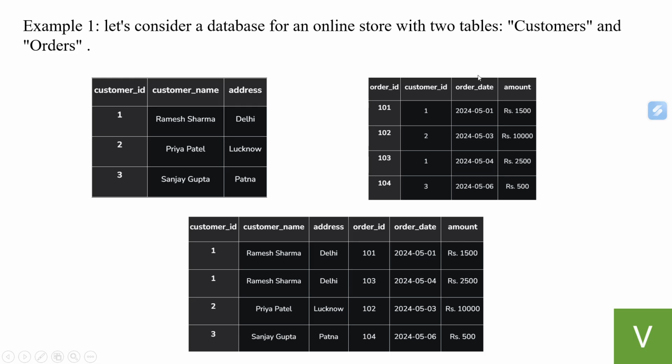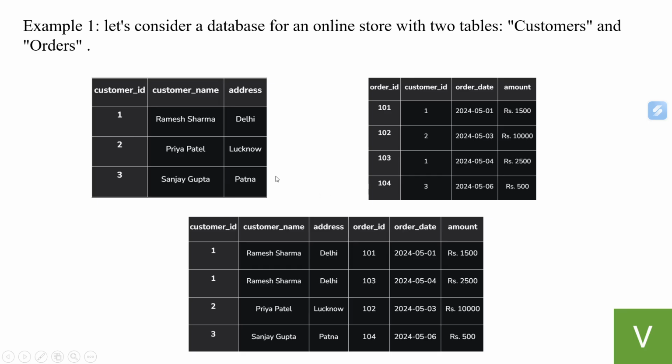Now let us consider the second table called orders. Orders has four different fields: order ID, customer ID, order date and amount. In this, order ID is the primary key and customer ID is the foreign key. This foreign key customer ID is related to the primary key of the customers table. So if a customer wants to access his entire order history,